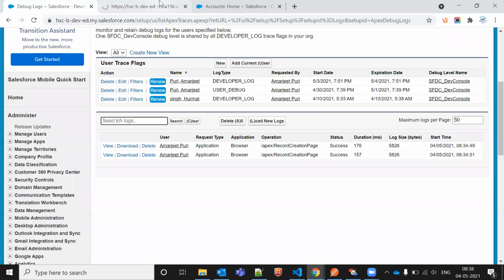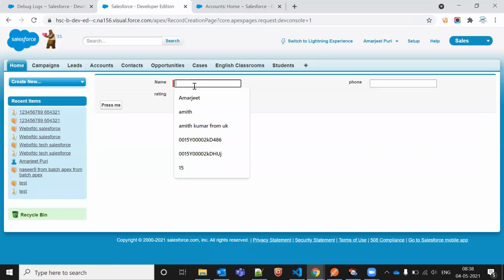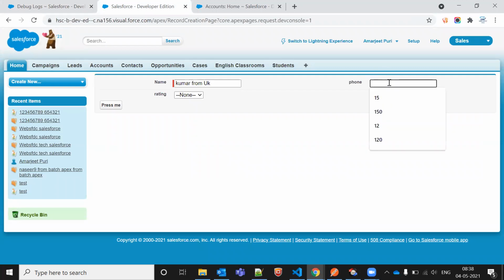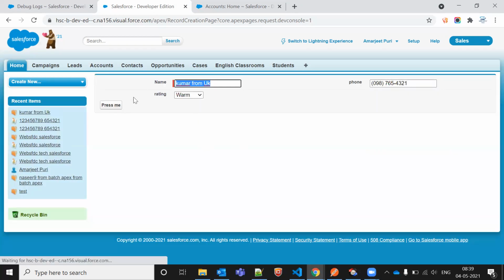So let me go to the input field, and I'm doing one thing. I'm going to create, putting some phone number here, putting any of the variable here. So I'm going to press the button. I'm clicking on the press me button.